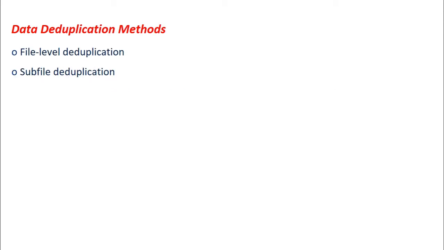Let us look at the different data deduplication methods. There are two methods of deduplication. The first method is called file level data deduplication. The second method is called sub-file level deduplication. Determining the uniqueness by implementing either method offers benefits, however, the results can vary. Based upon the benefits these methods offer, we can select either of them. The differences exist in the amount of data reduction each method produces and the time each approach takes to determine the unique content.